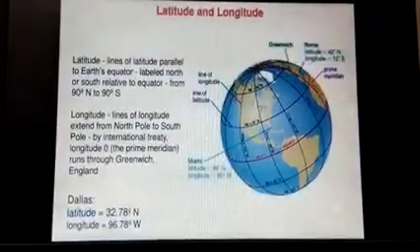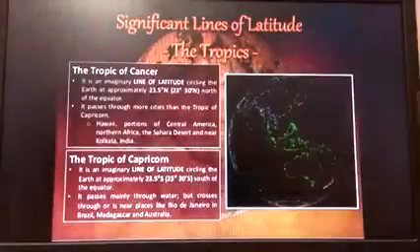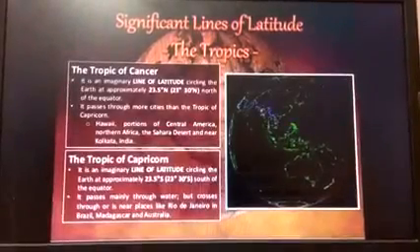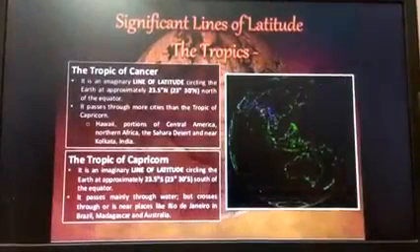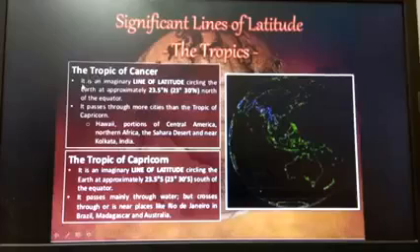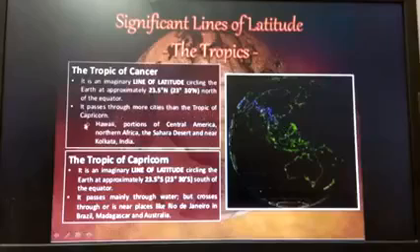See here the same picture. Significance of lines of latitudes. What is the significance? There are lines like the Tropic of Cancer. It is an imaginary line which is 23.5 degrees north of the equator, and this is known as the line of Cancer. It passes through many places like Hawaii, North Africa, the Sahara Desert, and Kolkata. All these pass through the Tropic of Cancer.